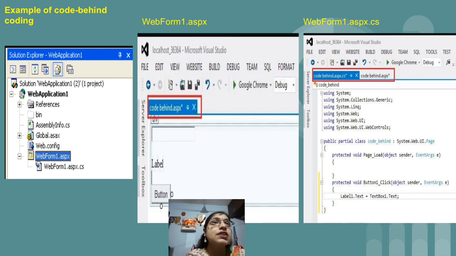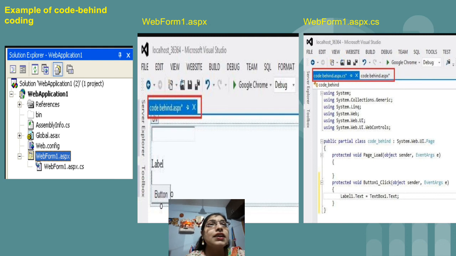As I have discussed earlier, see the first example. In first example, we are having WebForm1.aspx, and then we are having one more page, that is WebForm1.aspx.cs. So if we are considering the code behind logic, then we should have two files. First is .aspx and second one is .aspx.cs.